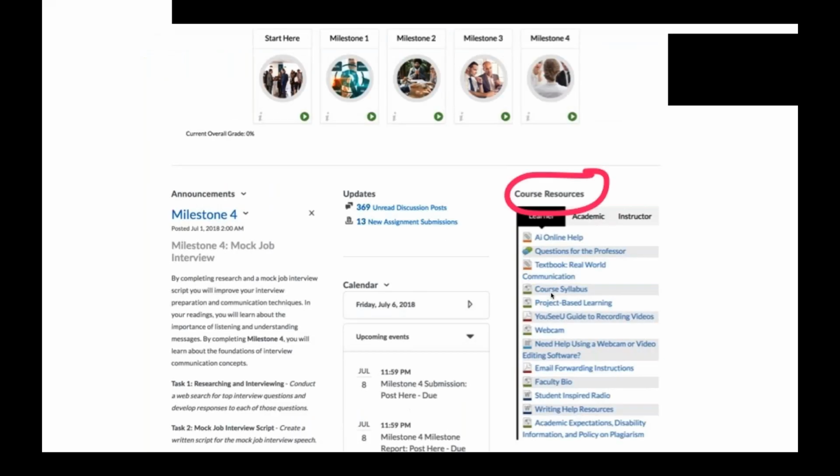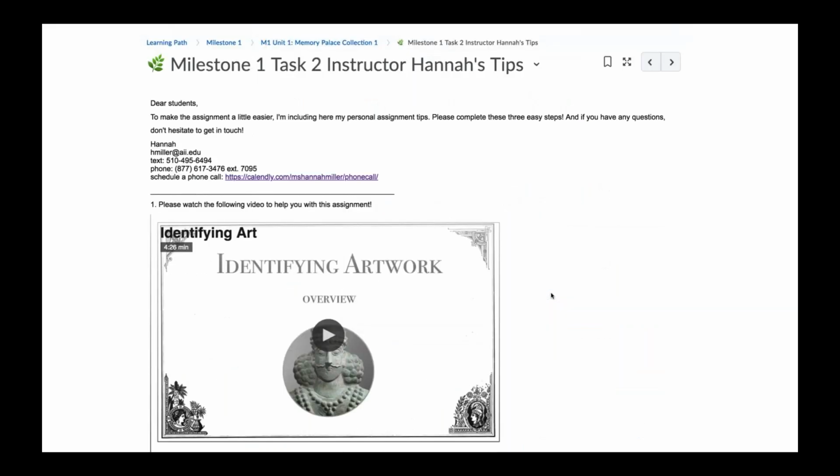Hannah, is there a way that if there's a standard thing like how to use the webcam or video editing software, that we could possibly push to have that put in the template so that it's not something they have to do every time? If it's something that every class can use.